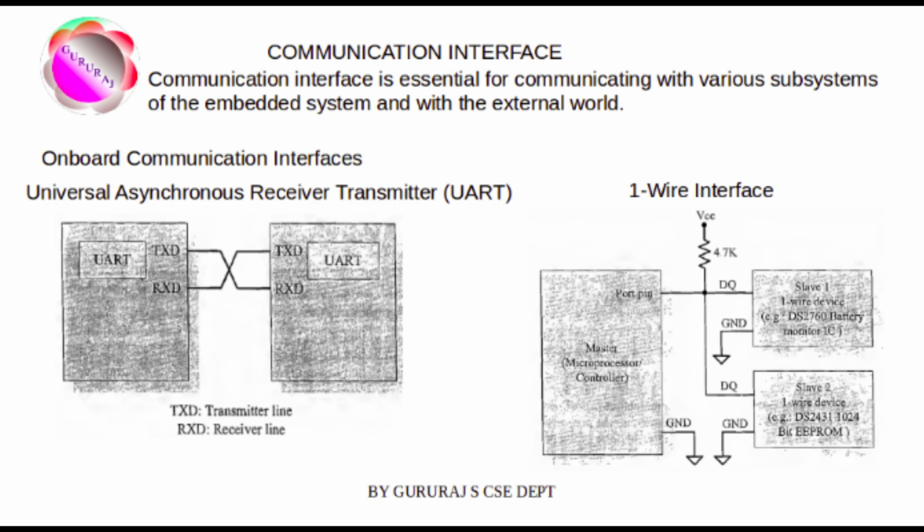The width of the parallel interface is determined by data bus width of host processor. It can be 4-bit, 8-bit, 16-bit, 32-bit or 64-bit, etc. The bus width supported by device should be the same as that of host processor. Parallel data communication offers the highest speed for data transfer.